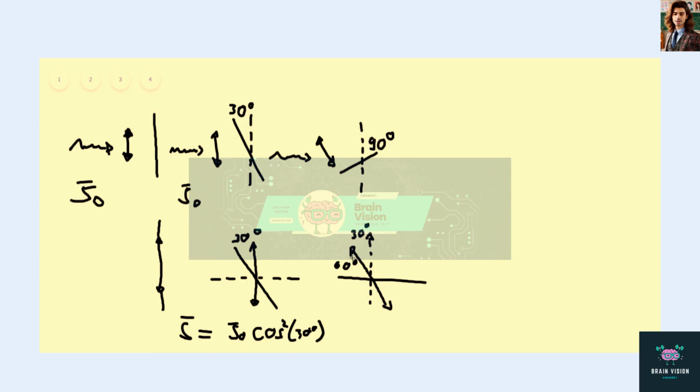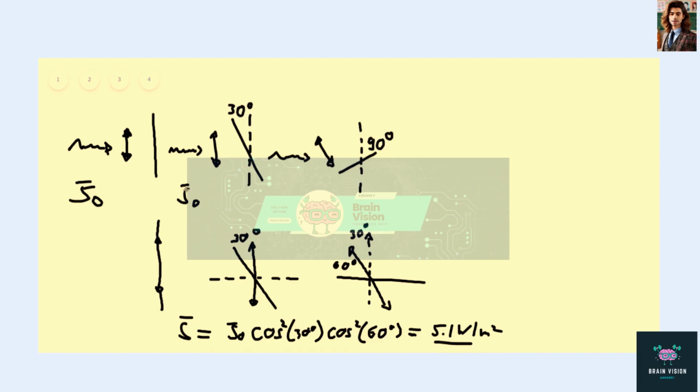And so we're going to rotate through this angle using cosine squared. And so we reduce the intensity further by cos squared 60 degrees. And this way, we end up with 5.1 watts per meter squared. And so this is our